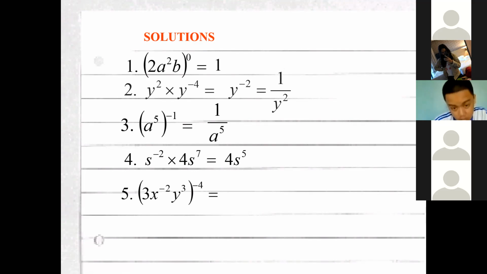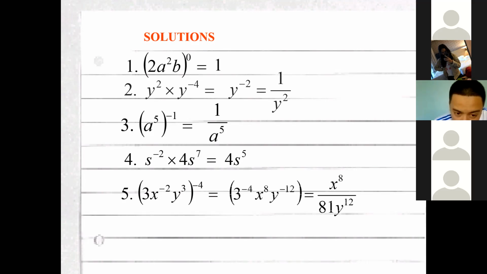Okay. Simplify only the final answer applying the negative rule and the 0 exponent rule. See here, we have 3 to the power of negative 4, x to the power of 8, y to the power of negative 12. Simplify it. Ang may bilin sa numerator, si x na lang. Okay, it is 3, negative 4 man. Si y, negative 12. Sumahin mo silang nasa denominator. Okay. Number 6, what do you think is the answer here? It's always 1.